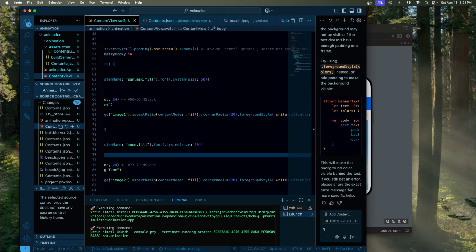If you remove that, they are on top of each other, right? When you switch the picker to night,